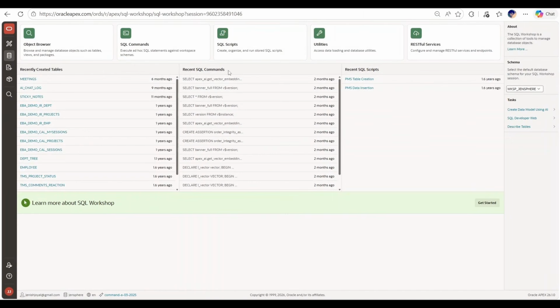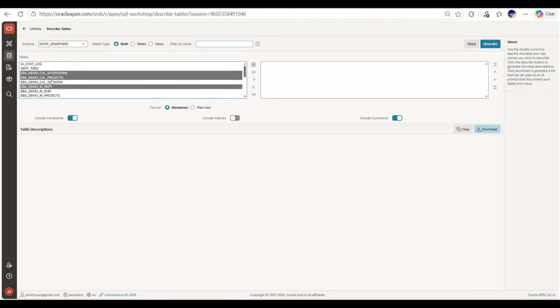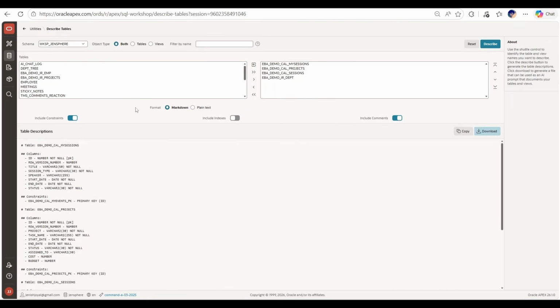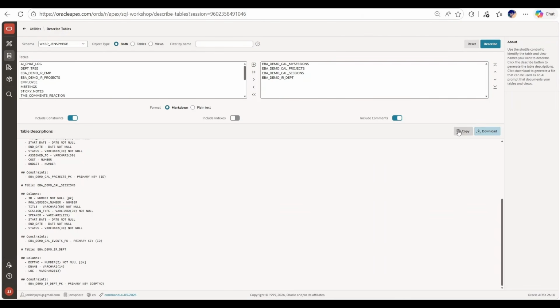Apex. I'll have to go to SQL Workshop, and then here within tasks I can see describe tables. So I can just click it. Now I'll have to choose the relevant things. I'll just choose these four for now, and then I'll click this. Now I can see the table name, the column names and the constraints clearly populated here. And we can either download it, or we can even copy this and provide it as context